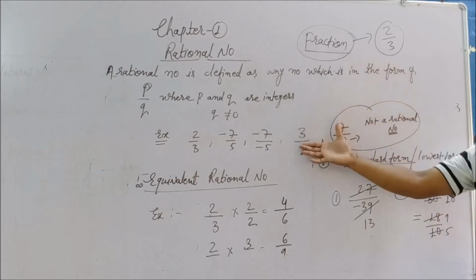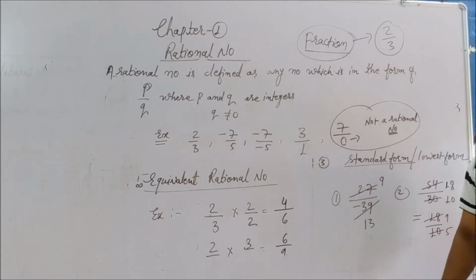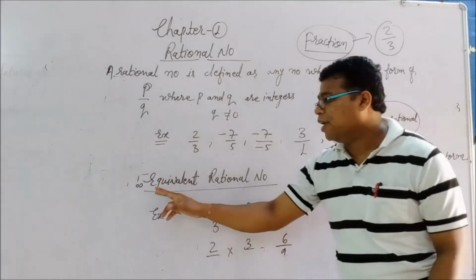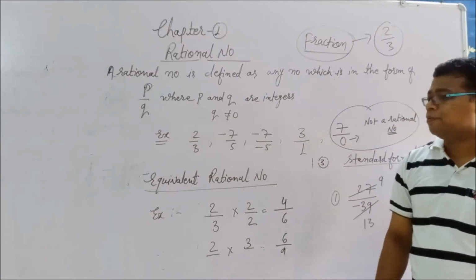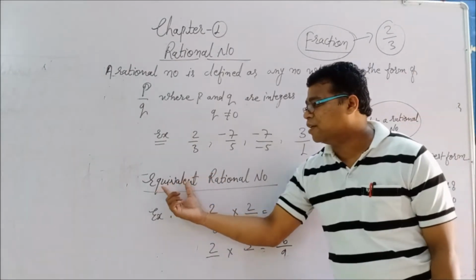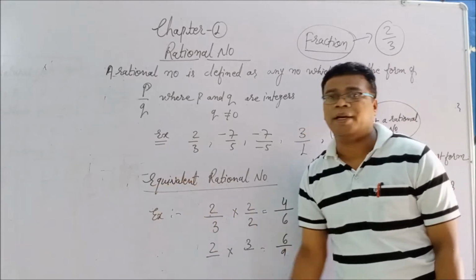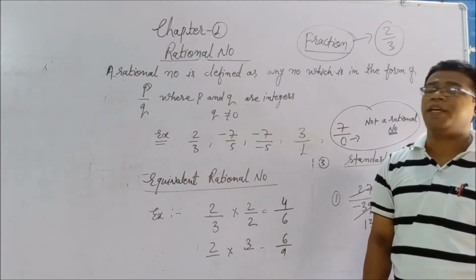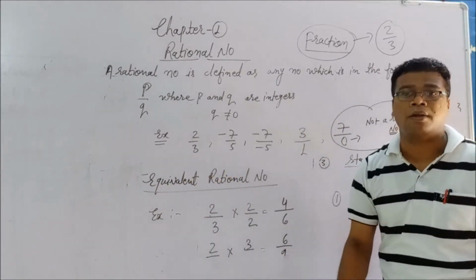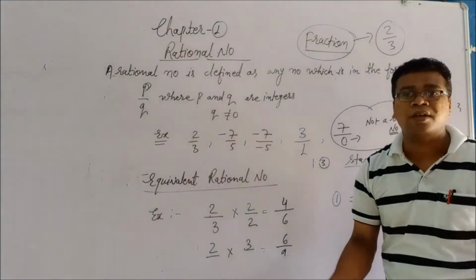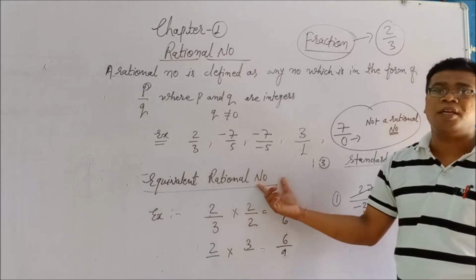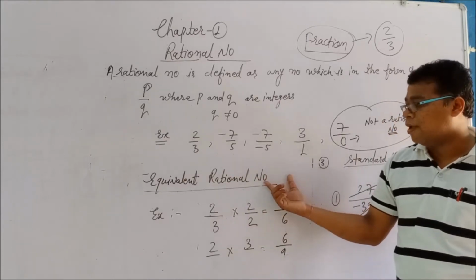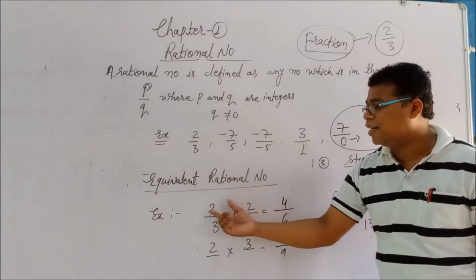So this is the introduction part. Right now we will see some of the operations of rational numbers. See first, equivalent rational number. Equivalent. As you see, the name is equivalent. What is the meaning of equivalent? Equivalent meaning is equal, which is equal to each other, which is the same like that. So equivalent rational number is nothing, it says that it is the same kind of number.